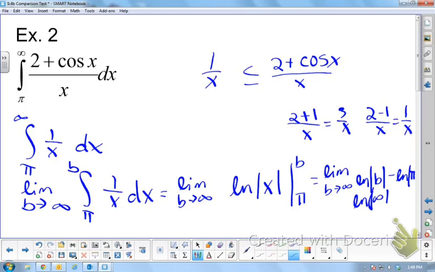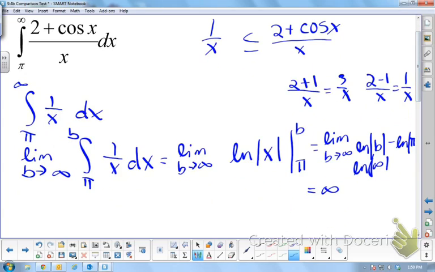Infinity. And infinity minus a number is still infinity. Infinity laughs when it has numbers subtracted from it. Exactly. So it diverges. So again,